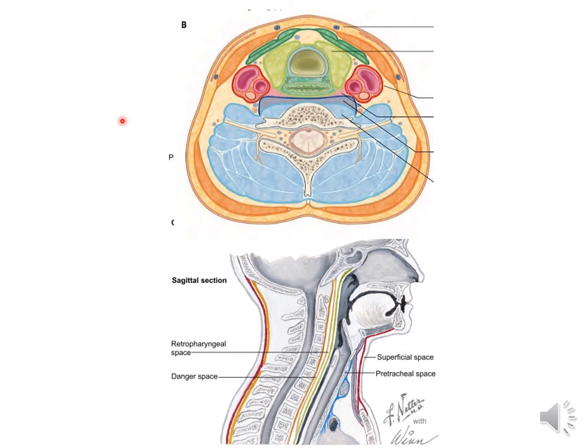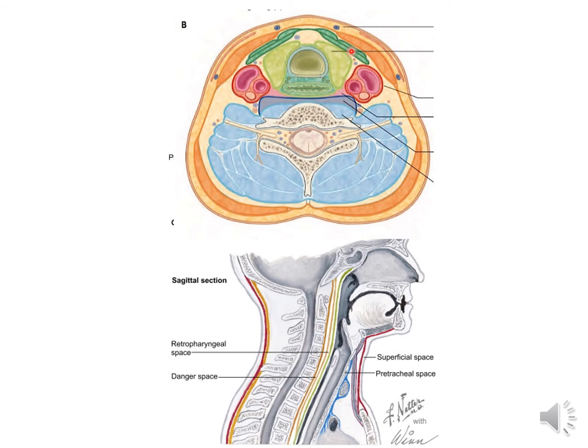Also, remember that the carotid sheath and the pretracheal fascia communicate freely with the mediastinum of the thorax inferiorly and with the cranial cavity superiorly. So both of these are potential pathways for the spread of infection and extravasated blood. The infection between the investing layer and the muscular part of the pretracheal fascia usually does not spread beyond the upper edge of the manubrium.